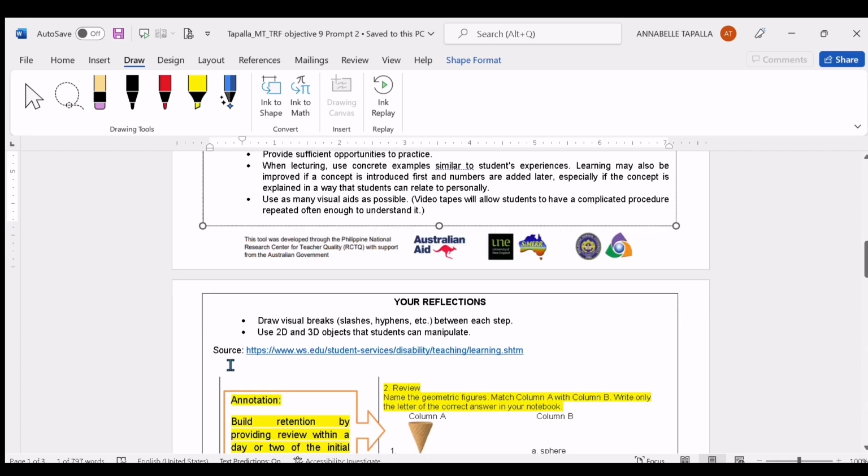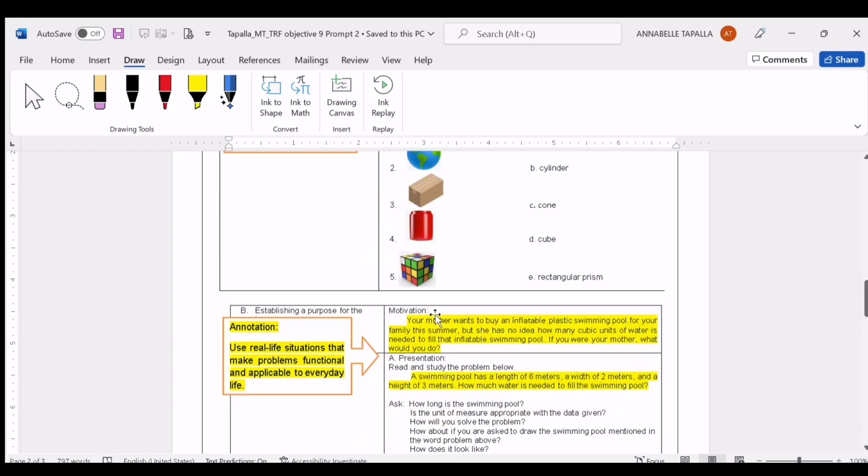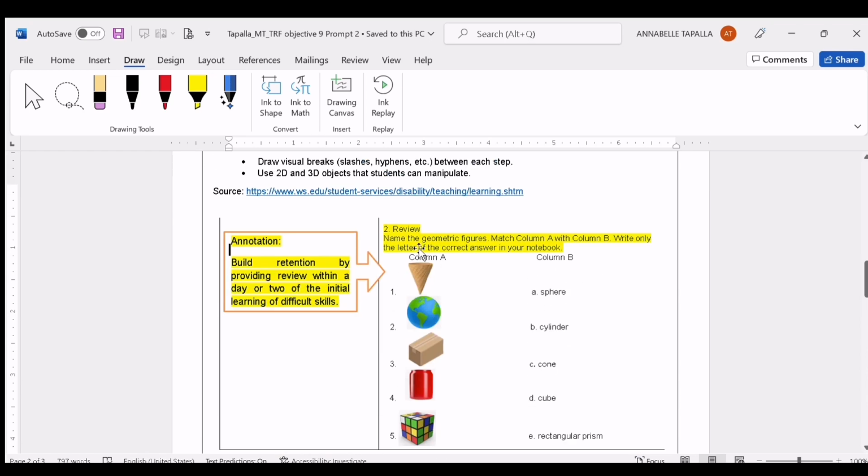So dito po nanggaling yung aking discussion, yung source ko po. Okay? At ito naman po yung lesson plan. Parts ng lesson plan lang nilagay ko dito. So kung ano po yung may strategy na ginamitan ko po about sa learning disability po nila, ito po yung